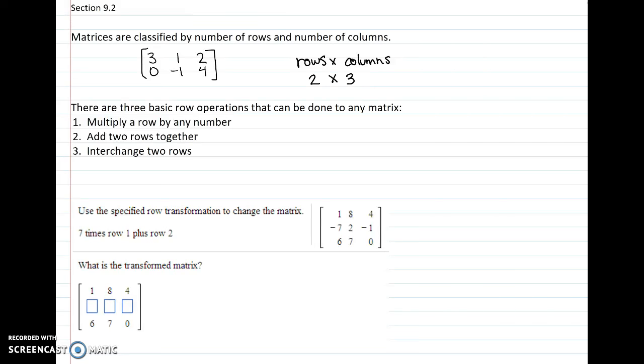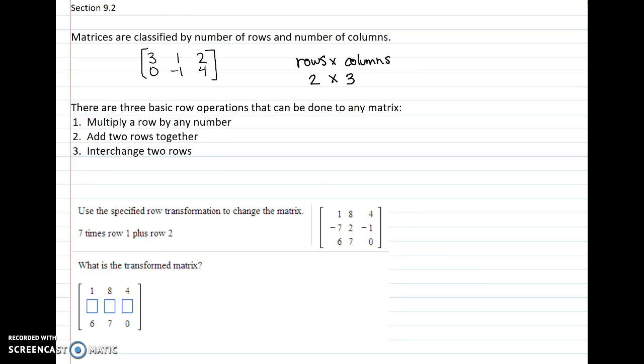Okay, let's look at section 9.2. Section 9.2 is a whole lot about matrices, and how we can use matrices to solve systems of equations. We don't have to use matrices to solve systems of equations, and actually we have Polysmelt, which might be an easier option, but we still need to understand what matrices are, and that is a way of representing systems of